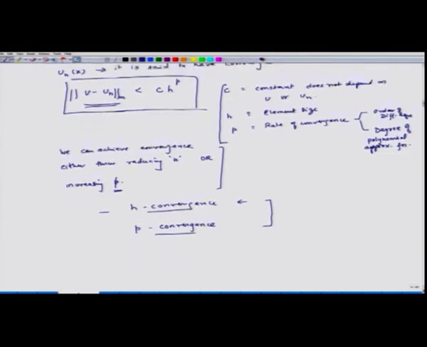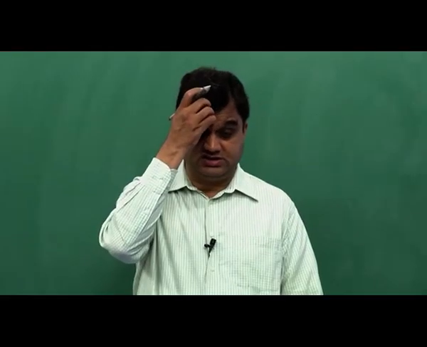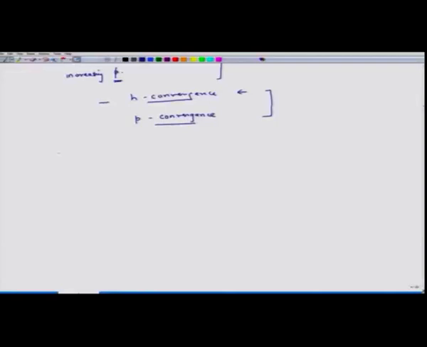As we discuss this further, I would like to say that there is one inherent advantage if we go for p convergence compared to h convergence, and I will explain the reason for that. So, suppose I have a complicated shape, and I discretize it. So, the first step is discretize, and then the second step is to assume approximation functions.